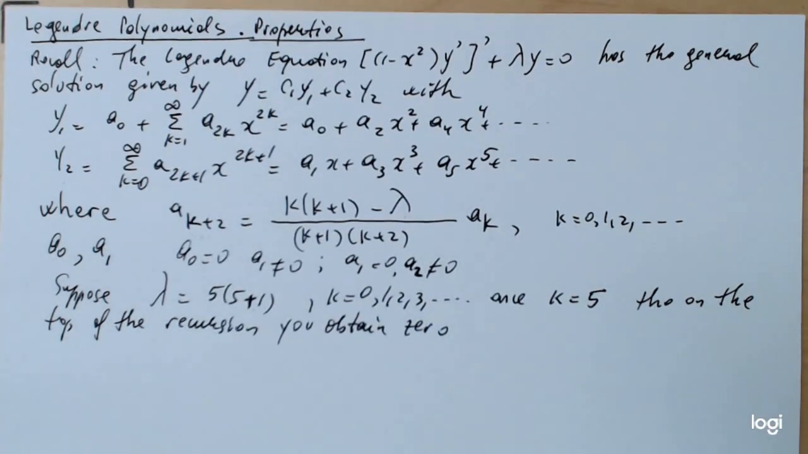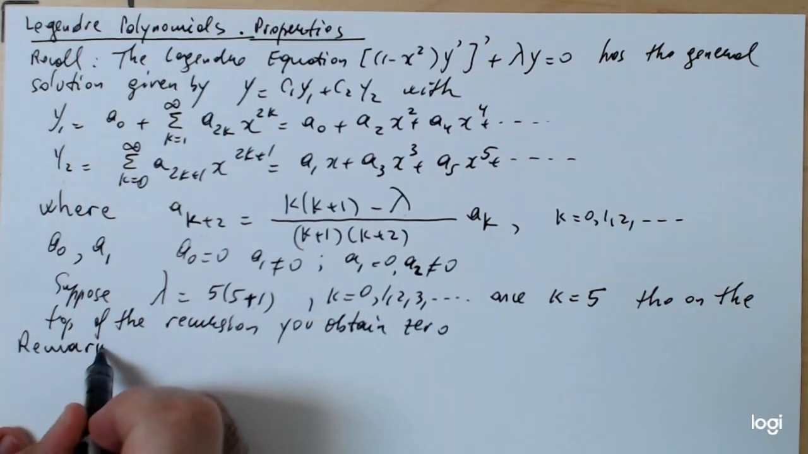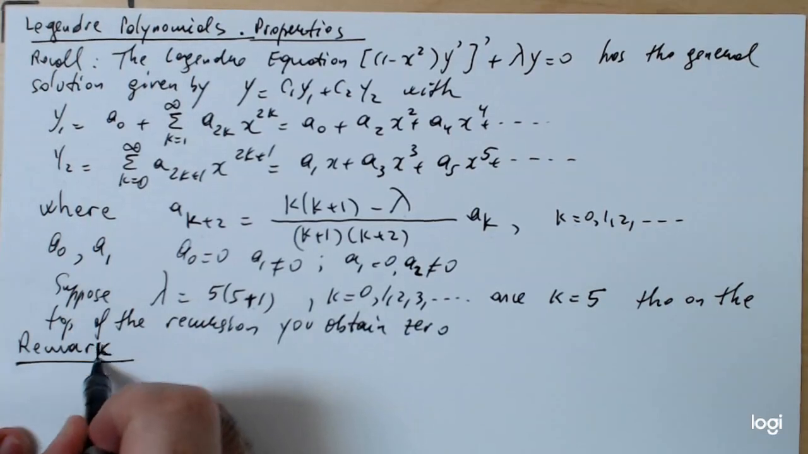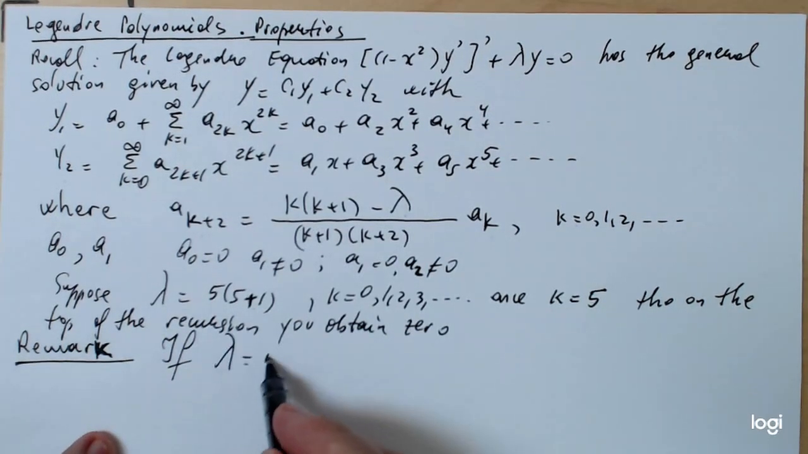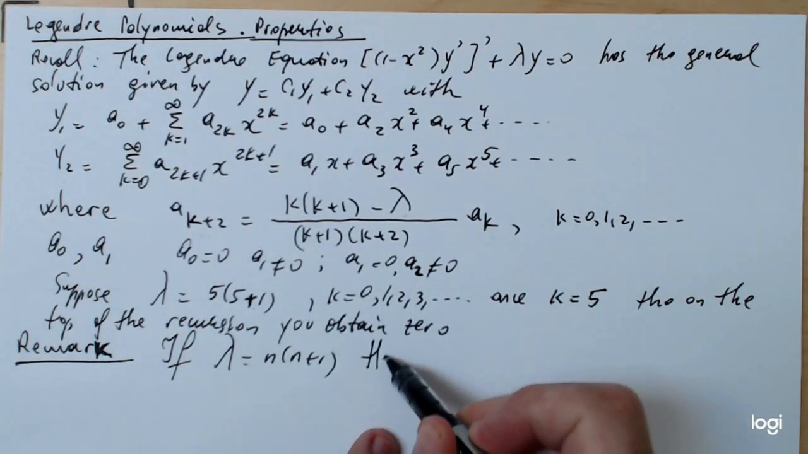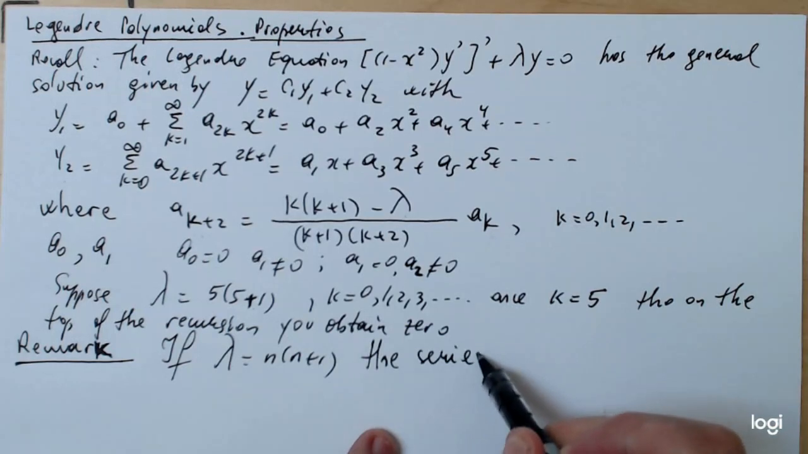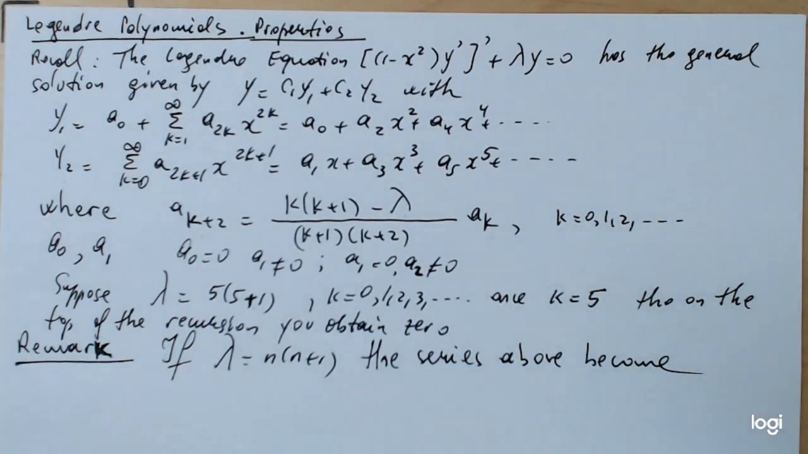So this is what makes it a polynomial, and let's write it as a remark here, because that's the essence of constructing the so-called Legendre polynomials. So if lambda is equal to n times n plus 1, the series above become polynomials,